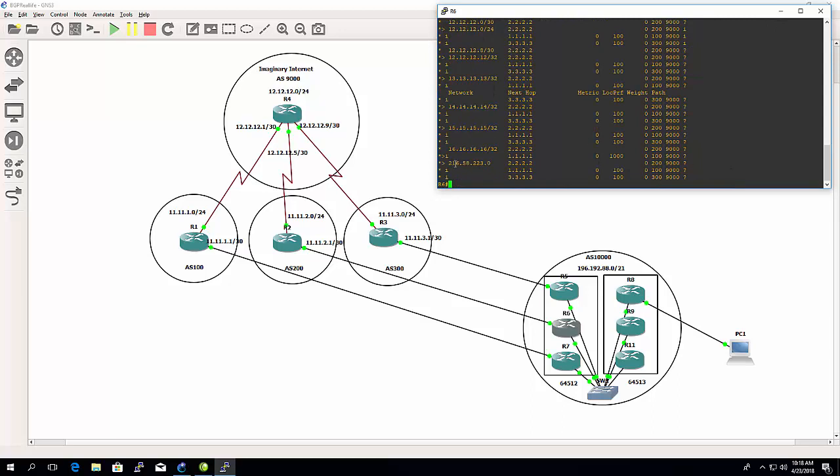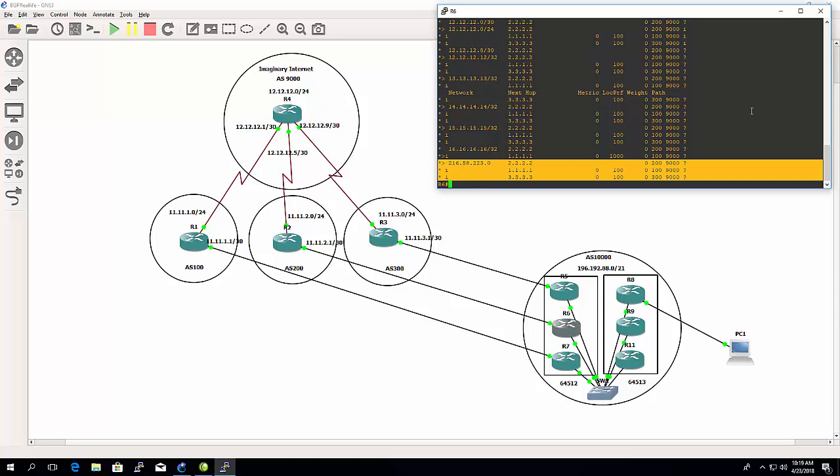So here we've got the route again, and it's 216.58.223, and now it's showing this one is the best. You see, everything I've highlighted here, those three lines are all routes to get there. For example, if you take the top one, which is in this case what's the best from the point of view of router 6, we come through autonomous system, we originate in autonomous system 9000, that's where the route comes